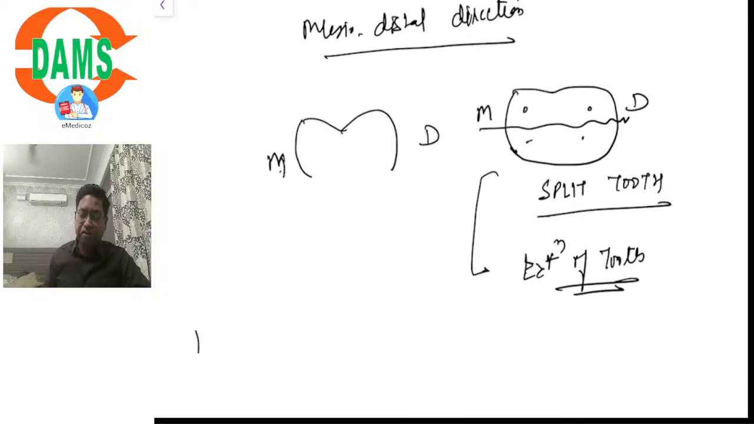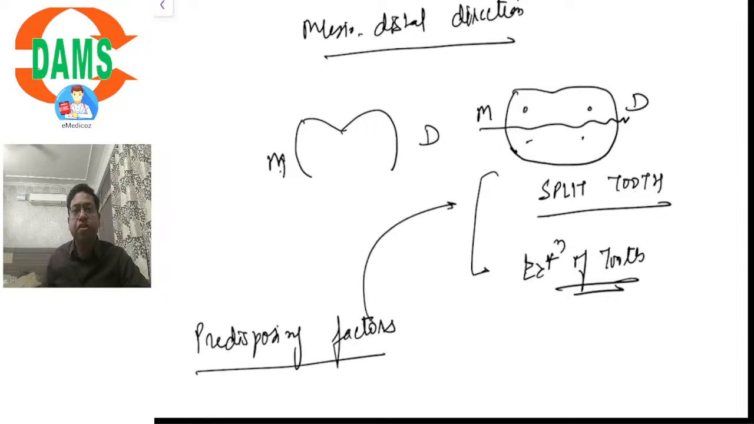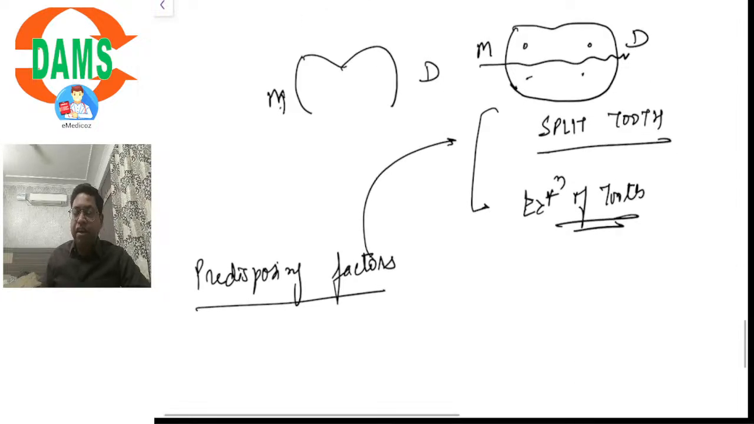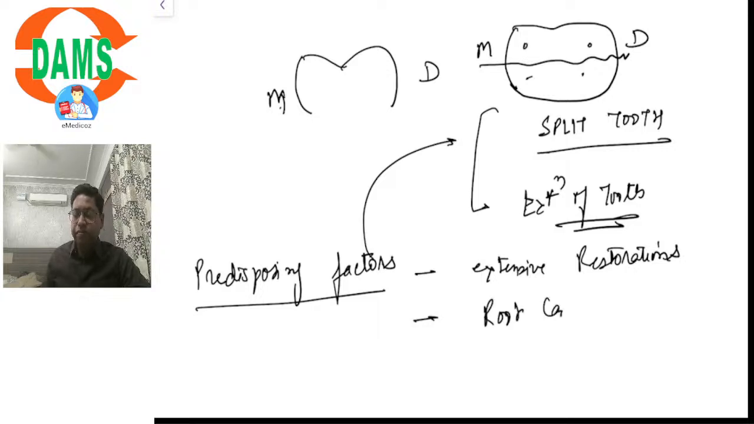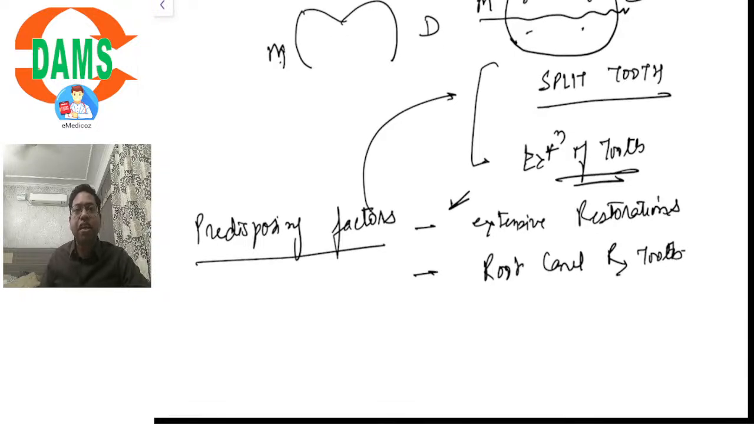Okay. Predisposing factors. What are the predisposing factors for a tooth to become a split tooth? They are extensive restorations. A tooth that has been heavily restored previously. Okay. A root canal treated tooth. A tooth with extensive restoration is more likely to become a split tooth than a root canal treated tooth. Okay. Heavy occlusal forces,